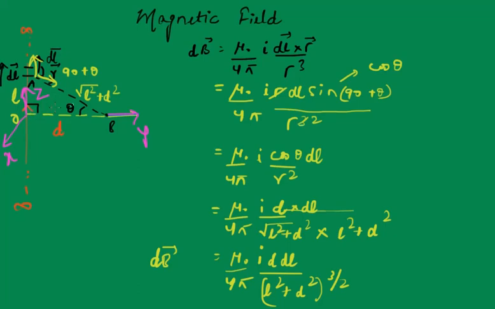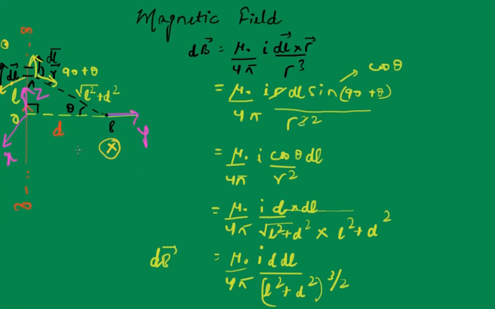So you will find that the direction is in minus x, so the magnetic field is actually inside the plane. The magnetic field at point B is inside the plane. If you take a point towards the left of the wire, the magnetic field will be pointing towards you. Because if you take a point towards the left, this is dl, this is r. So dl cross r, if you do it, you will find that the magnetic field is towards you. So yeah, direction is important.